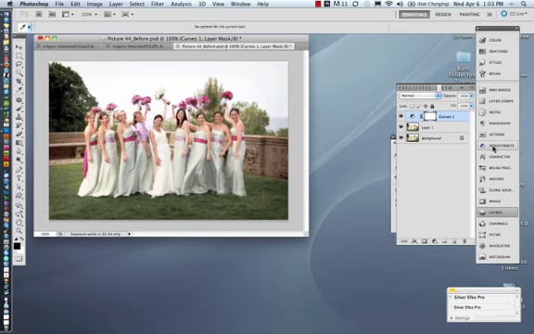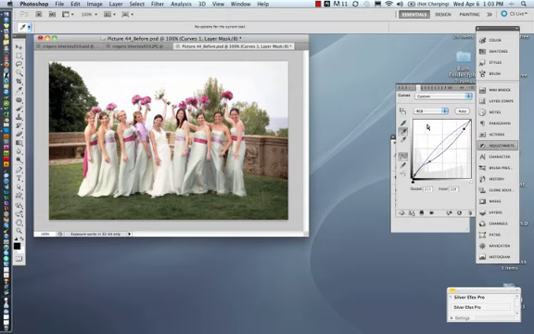In the curves dialog box here, you've got the RGB channel for overall brightness and darkness. You've got a red channel. If you pull up, you're adding red. If you pull down on it, you're taking away red, which adds cyan. Cyan's that kind of bluish green. The middle one here between the red and blue, the green channel, adds magenta or adds green, depending on which way you go. And the blue channel, it's either blue or yellow. So depending on what you need to do when you look at your info panel, you know which way to